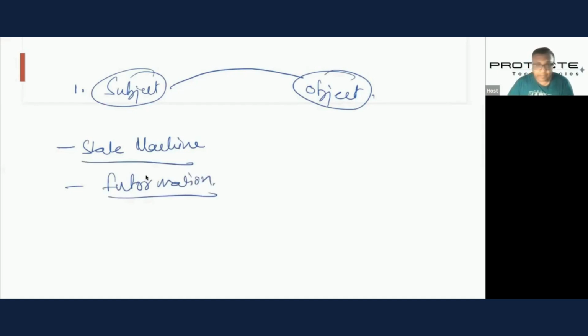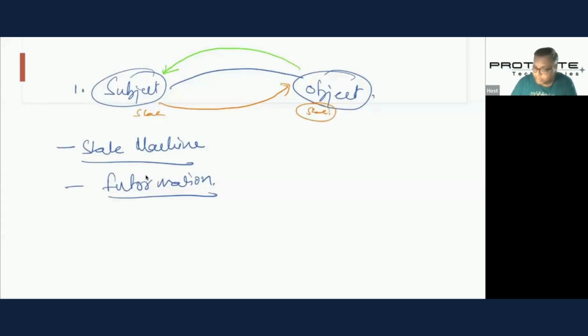Now, if you look at the flow, if you remember how electrons travel, you will understand what is flow. The information flows from object to subject, whereas the state of this particular system flows from subject to object. If you look at the state, the subject is moving to access the object. And if you look at the flow, you can interpret that the information is flowing from the object to the subject.